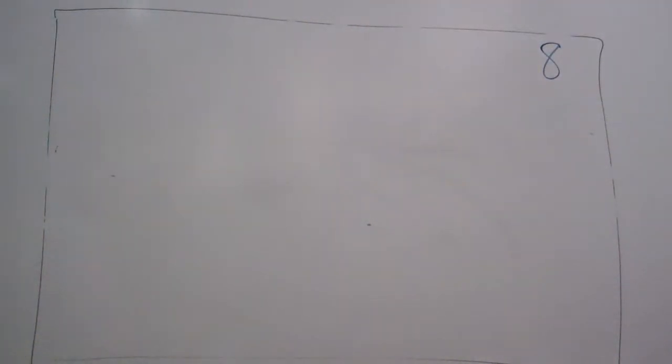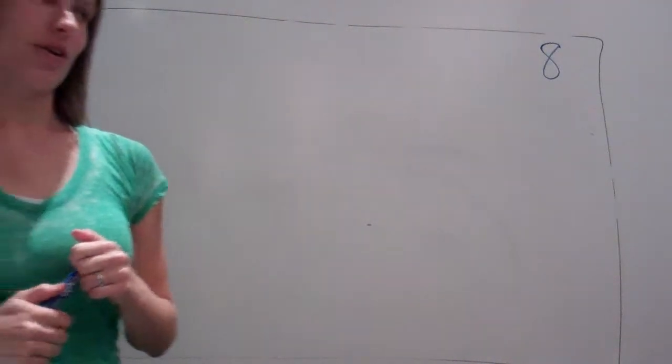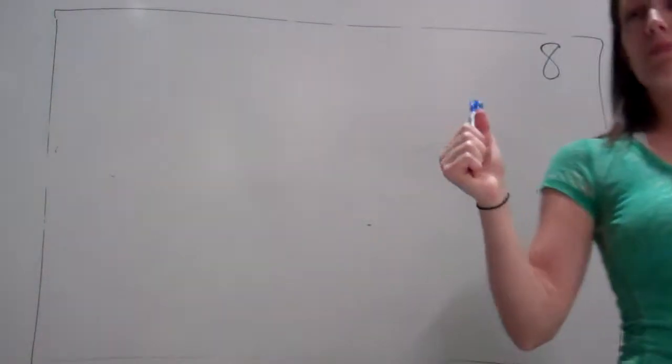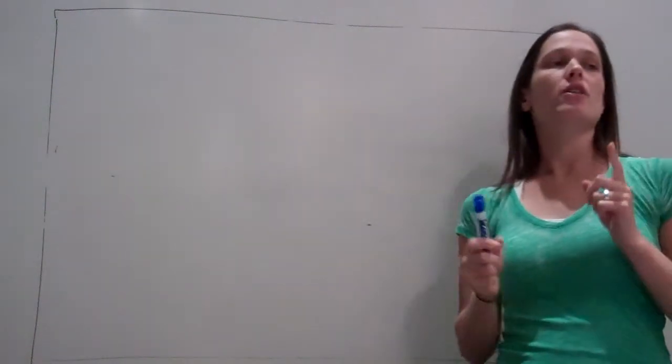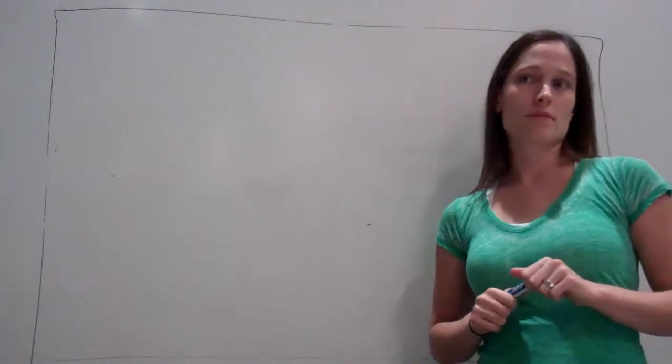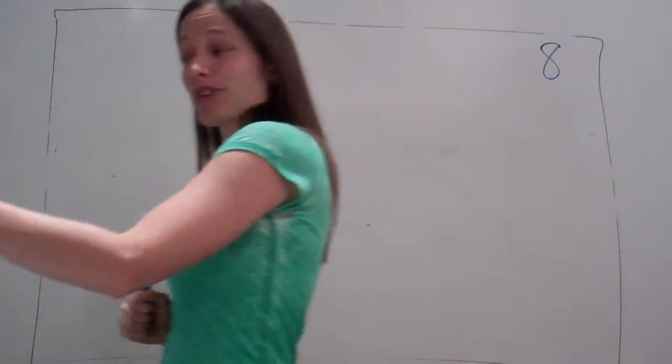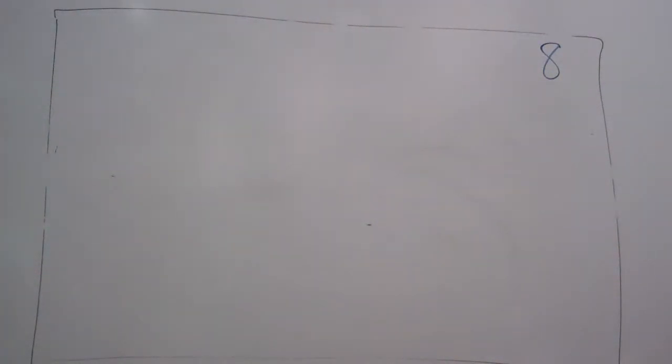Perimeter. Just kidding. Perimeter. Okay? Who remembers what perimeter means just off the top of your head? Esther thinks she knows. Distance around something. The distance around something. So for example,